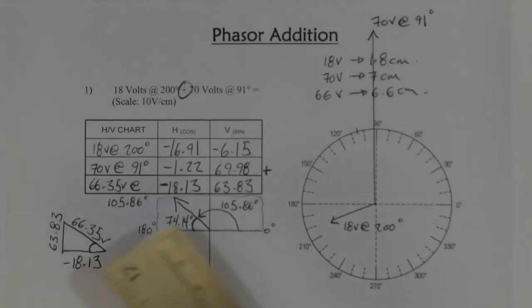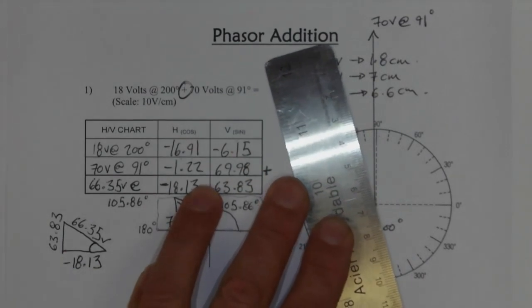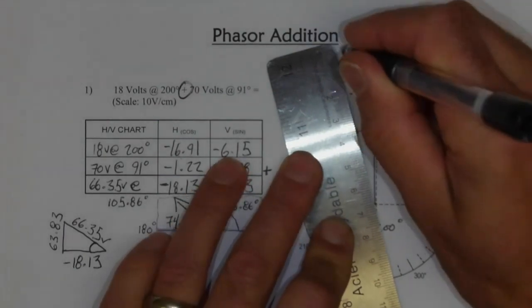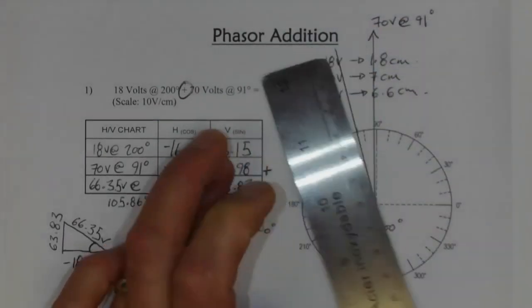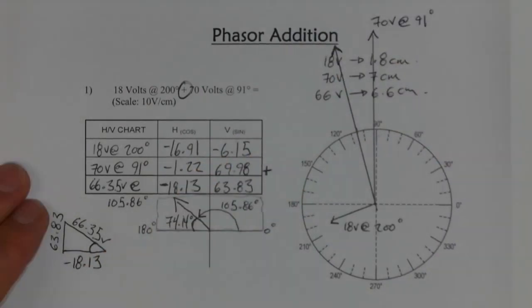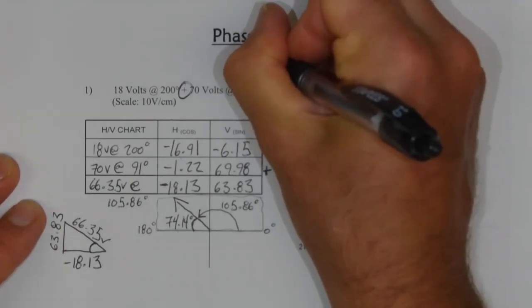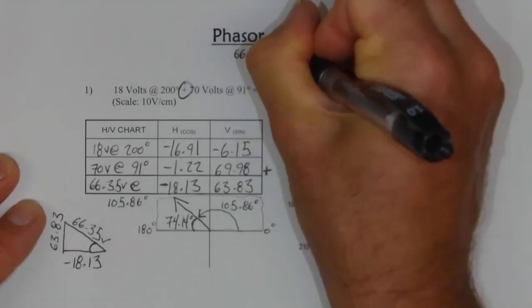And we're at 6.6 centimeters. So again, I'm going to draw a line right through everything I've just written, right? There we go, something like that. Good. Excellent. And this obviously is my 66.35 phasor at